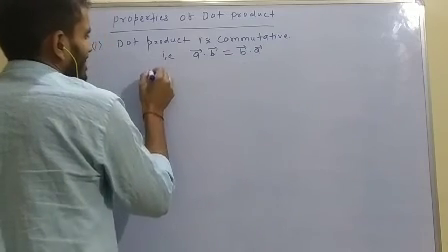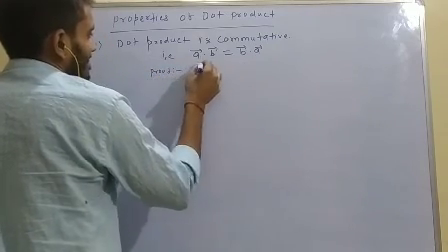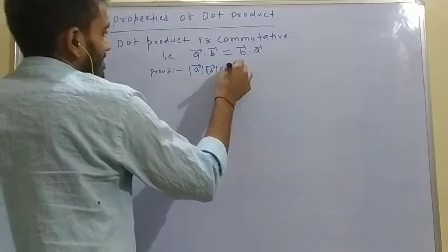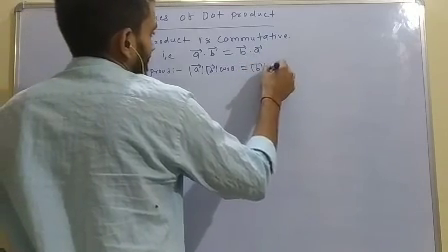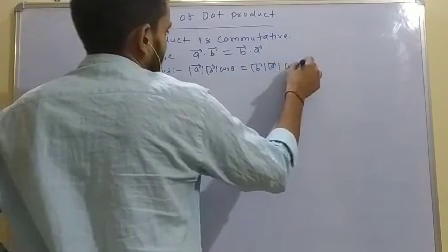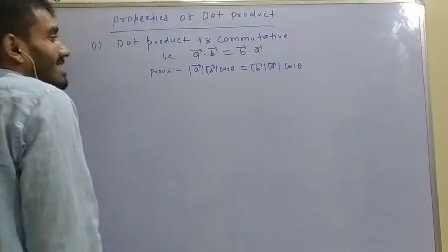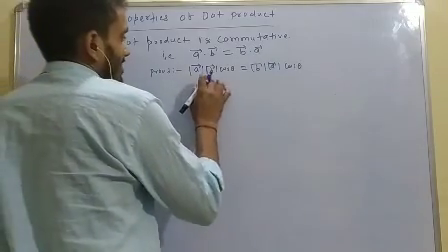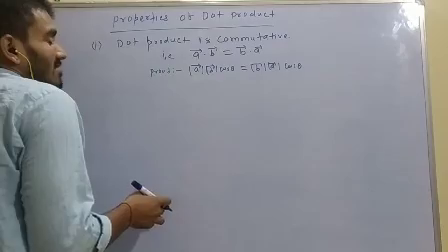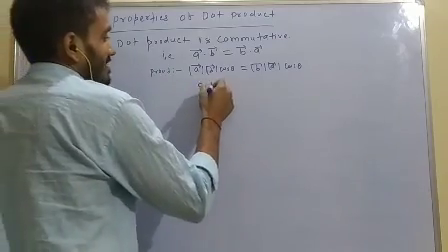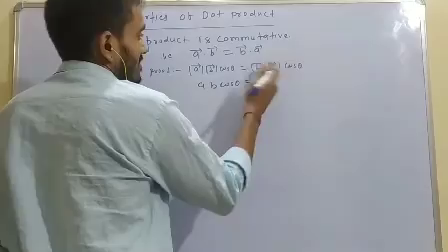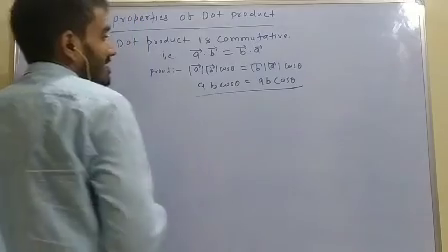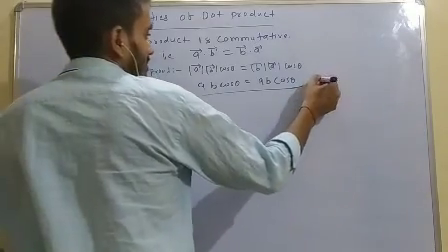Proof is very simple. Magnitude of A, magnitude of B, cos theta equal to magnitude of B, magnitude of A, cos theta. The angle between vector A and vector B is equal to the angle between vector B and vector A. We also know that multiplication of two real numbers is commutative. So this is BA, we write it as AB, because multiplication of two real numbers is commutative. AB cos theta. Proved.